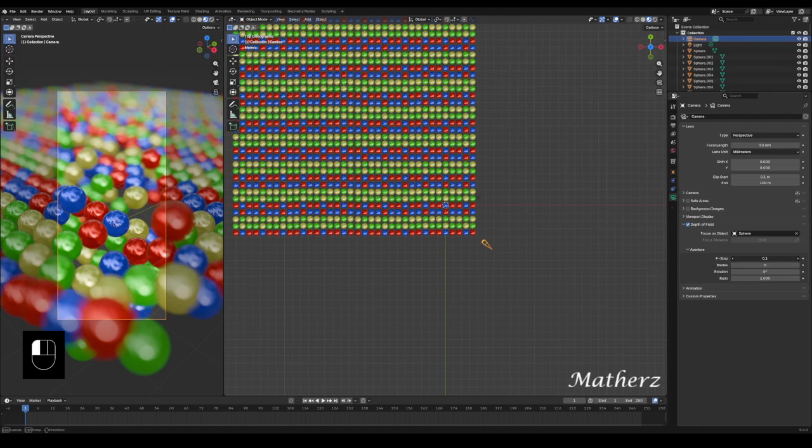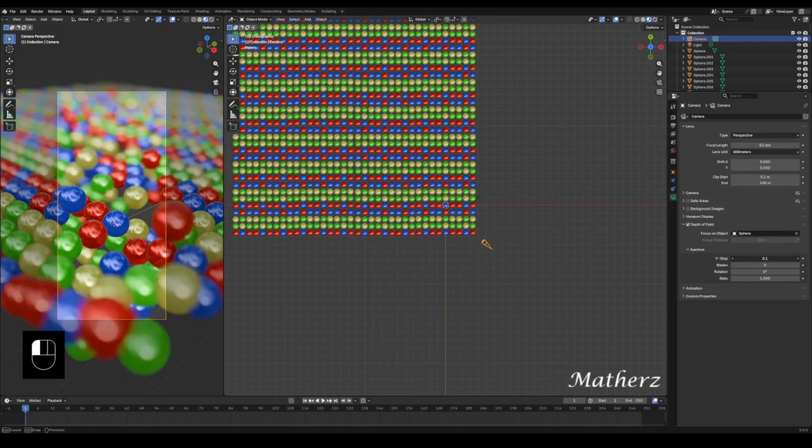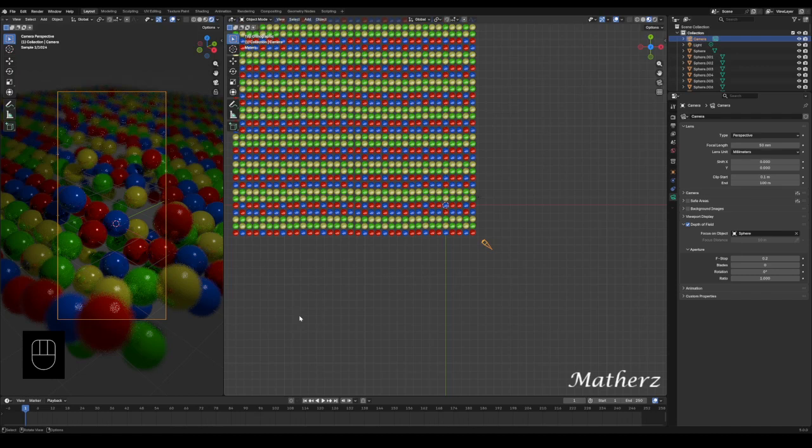So the f-stop, if it's further down in the scale, will blur everything in the background. If it's further up, everything in the background will be in focus. So maybe we could go 0.2, something like that, and we should have something like this. Now, it doesn't look like much at the moment, but if you get some more stuff in the background,